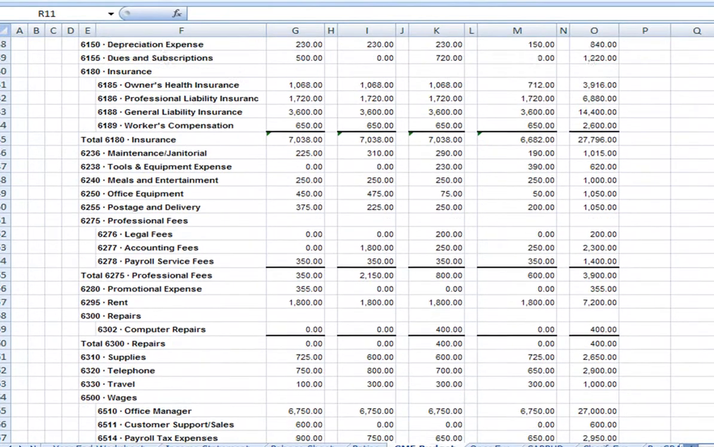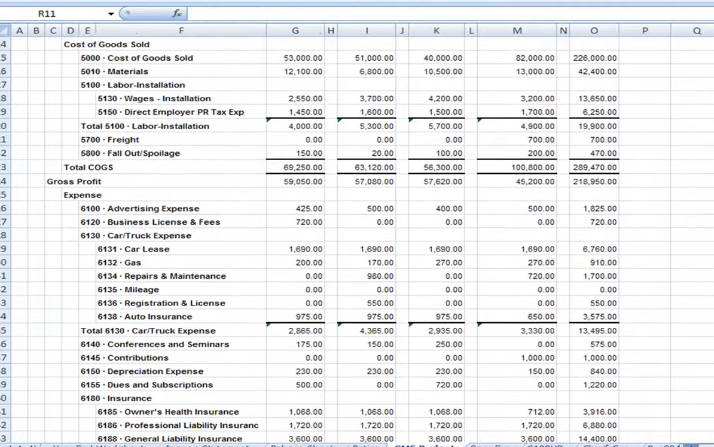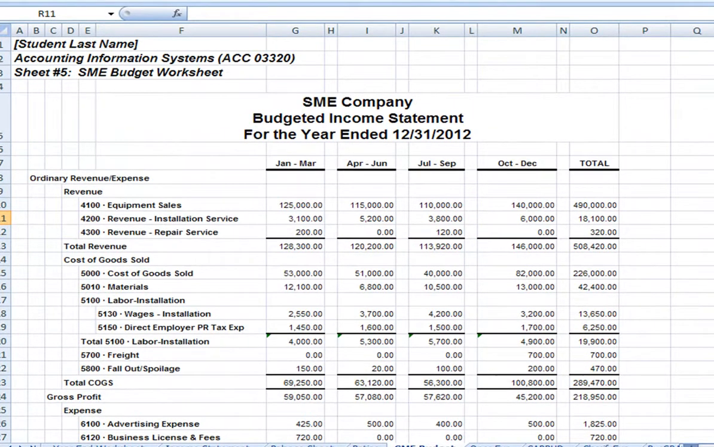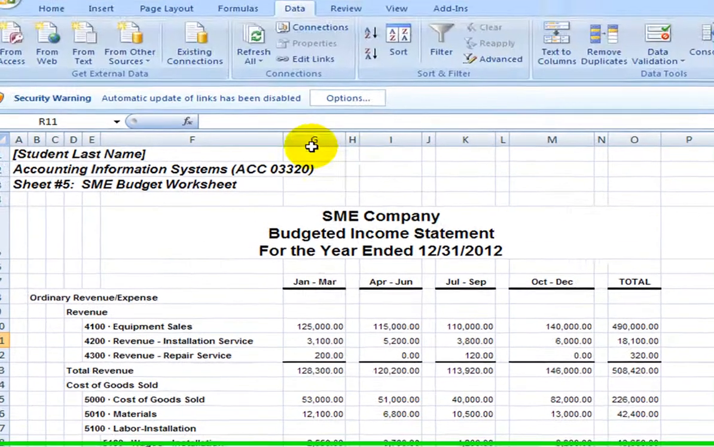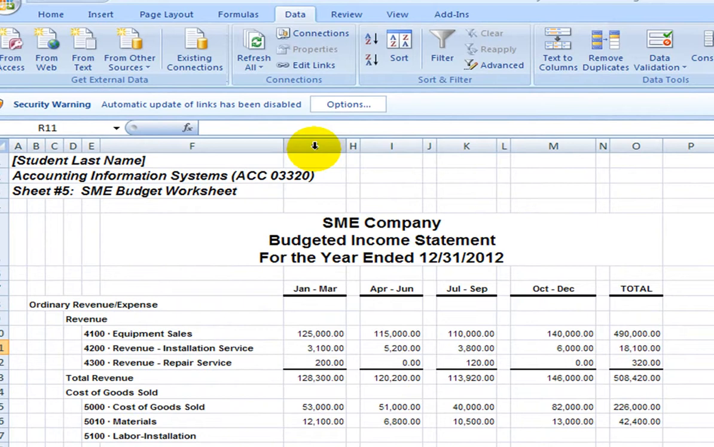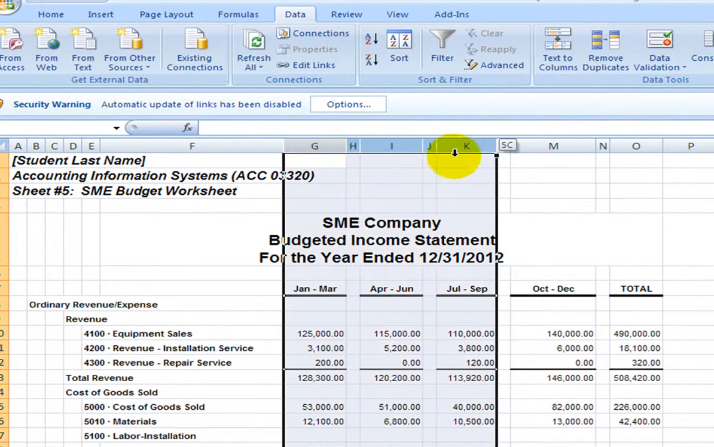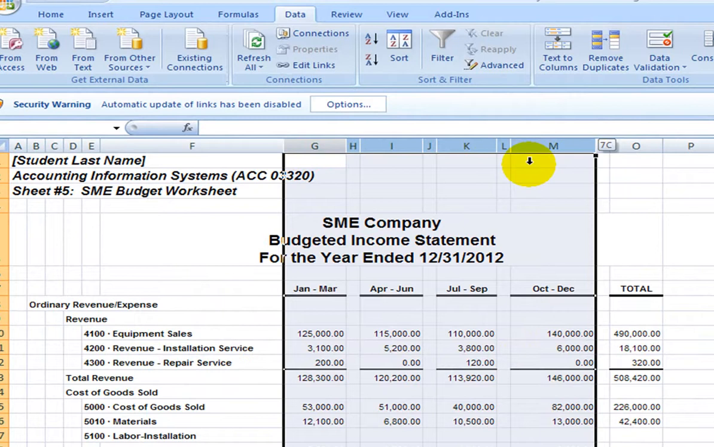So by grouping the data, we can collapse some of the detail in order to be able to view this same information at a more summary level without changing any of the data that resides in the worksheet. For example, let's suppose that we only want to look at the total figures for the year and we don't need to see the quarterly data. To do this, we're going to begin by selecting the columns. So we're going to click and drag and select the columns that contain the quarterly data,